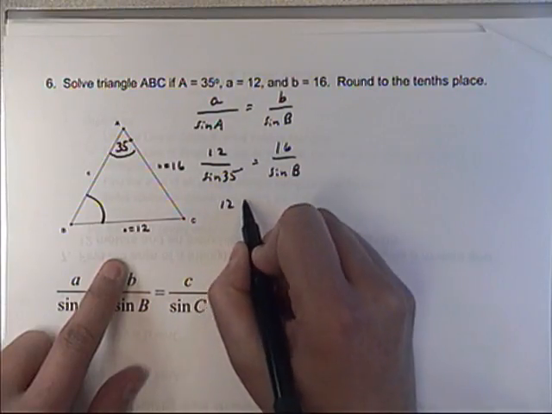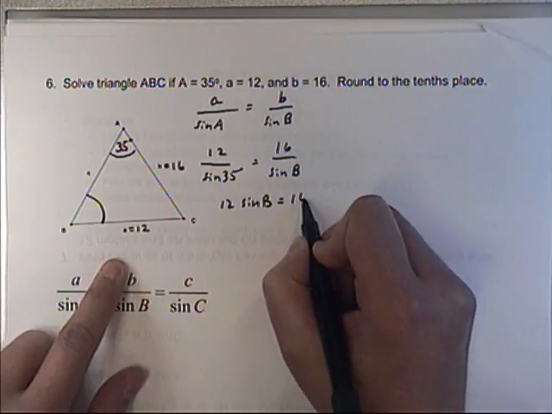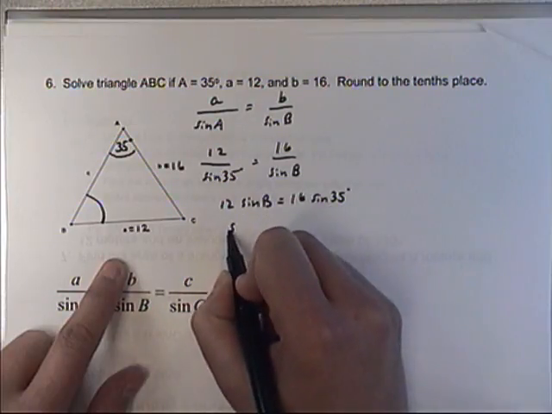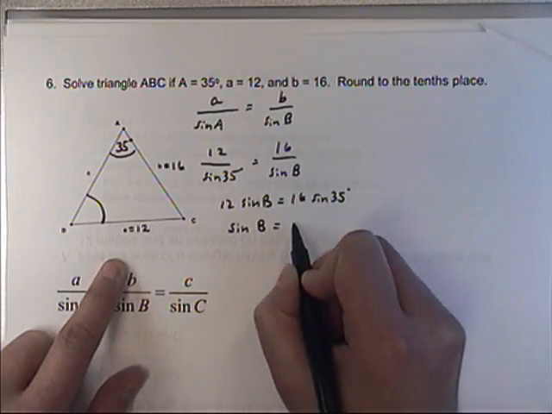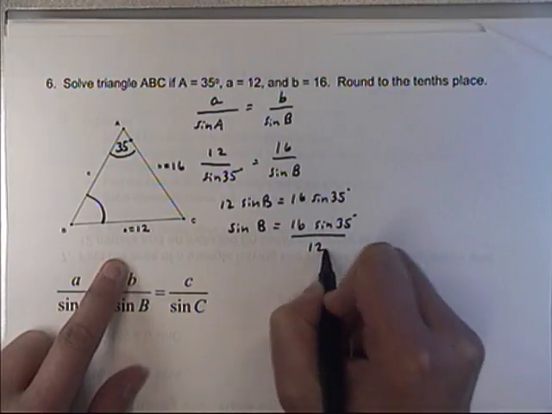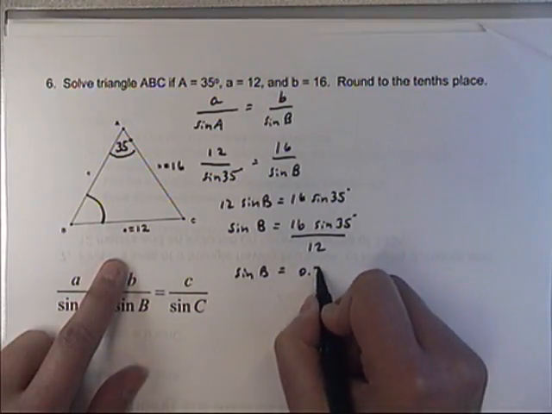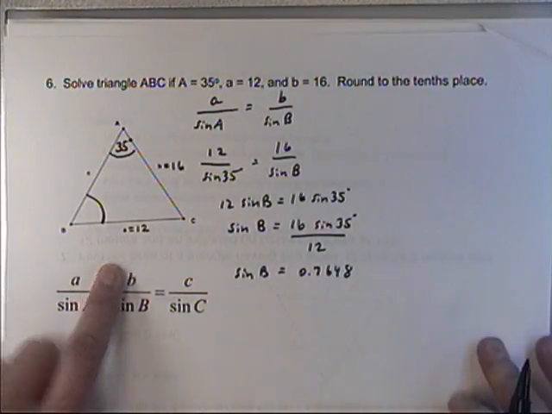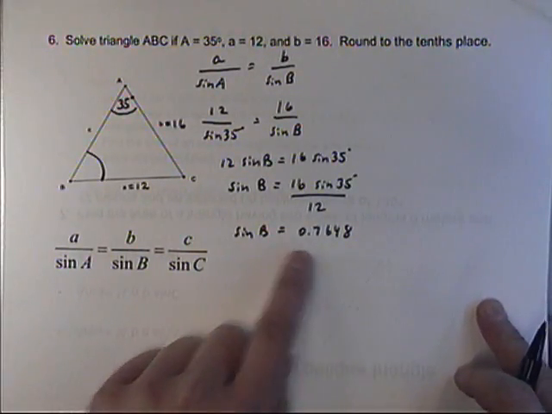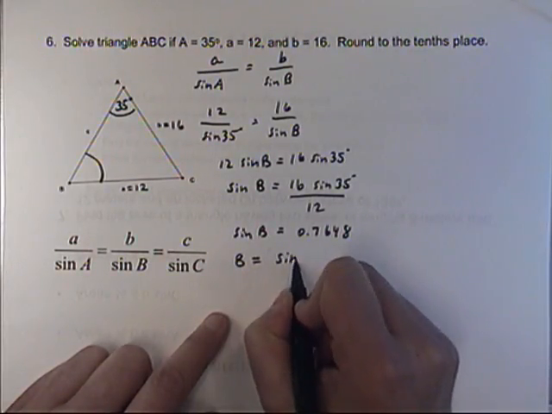Cross multiply this way, I get 12 sine of B. Cross multiply that way, I get 16 times the sine of 35 degrees. Divide both sides by 12, and I get the sine of B equals 16 times the sine of 35 degrees divided by 12, which gives me the sine of B equals 0.7648. It's at this point that I go, hey, that's between -1 and +1, so that's good. I'm going to use my sine inverse button to find what B equals. B equals the sine inverse of